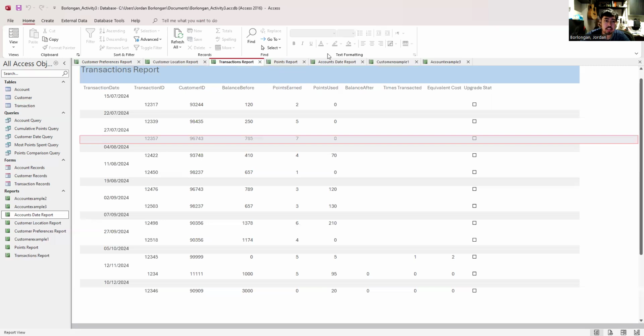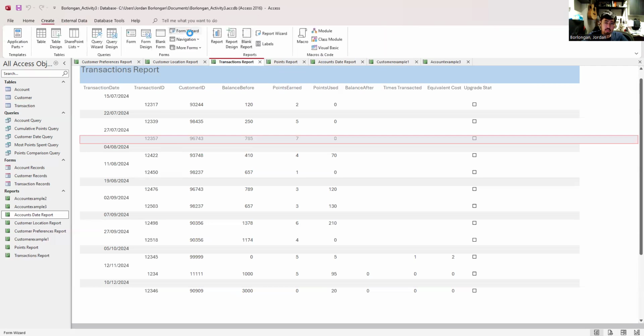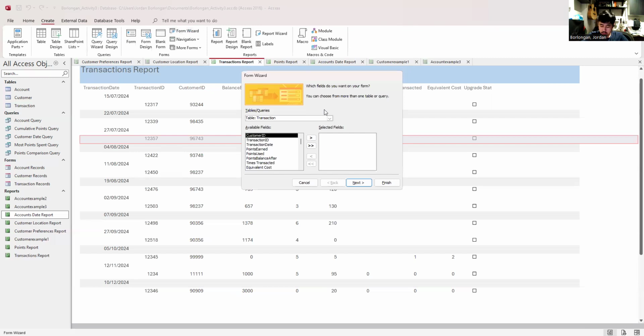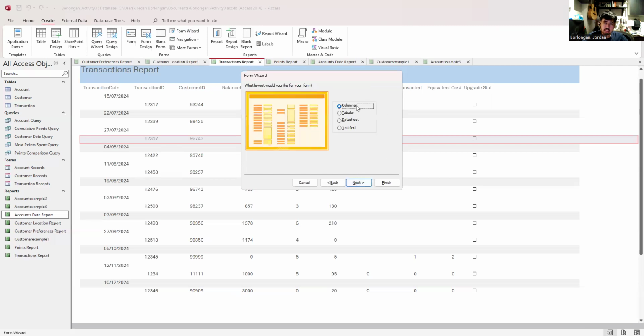And next one, transactions report. So this focuses on, I want to know the exact dates each of my transactions happened and the points involved from the customers. So form wizard, transactions, transaction table. I'll select all, and then